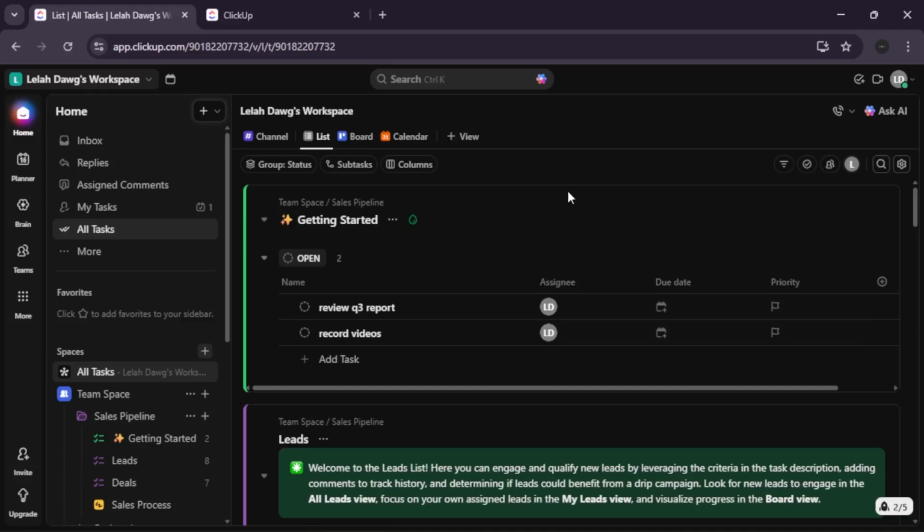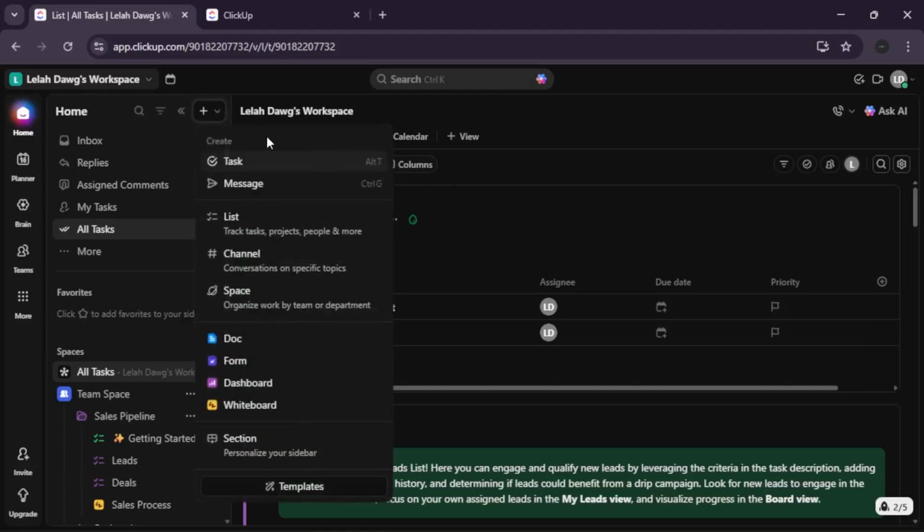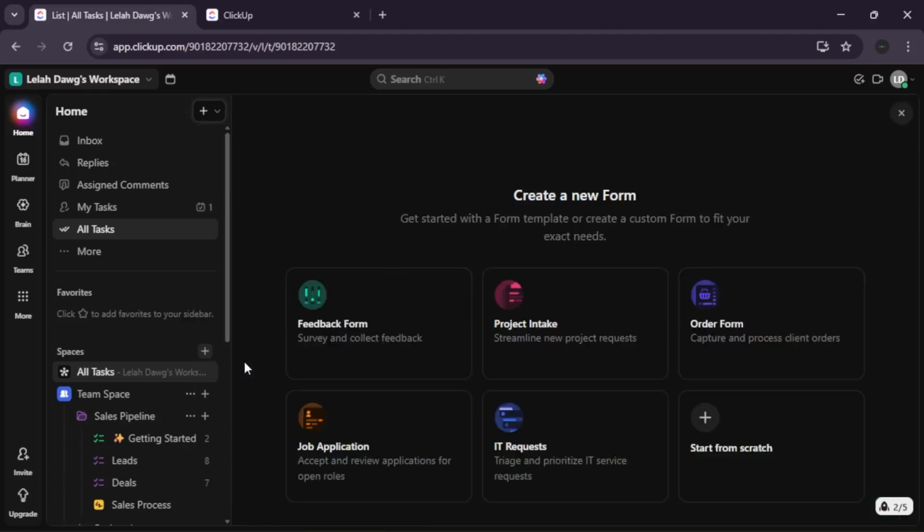Next, create and choose a form type. You will use the main creation menu to start the form building process. Locate the icon: find the plus sign, the Create icon, in your workspace. Select Form: click the icon to reveal options like Task, Document, and Form. Choose structure: pick a form type, either a template, pre-designed layouts, or custom, a blank canvas to build